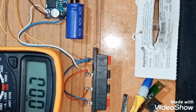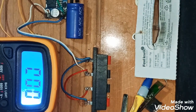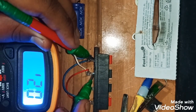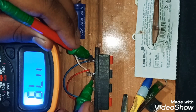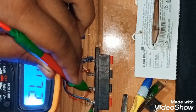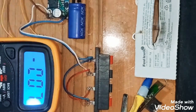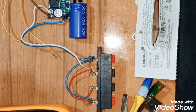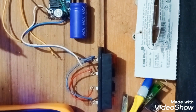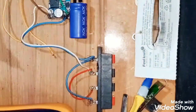Now I will check whether it is giving 50 volts or not. See, it is giving 47 volts. I will touch here also. See, 47 volts. So it is working. Now I will again test the